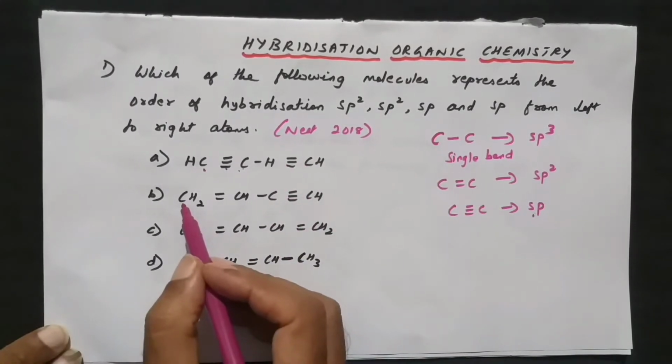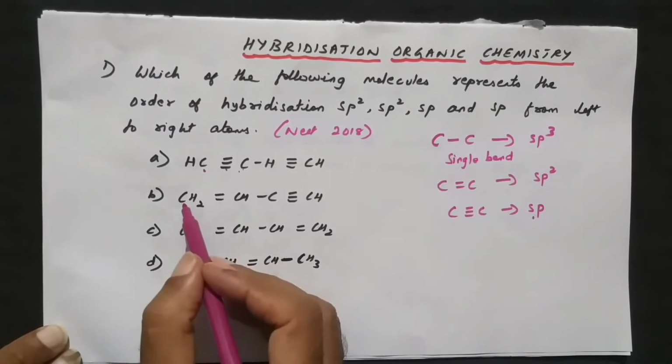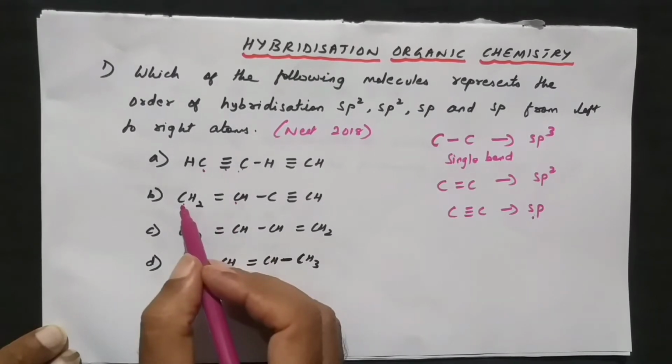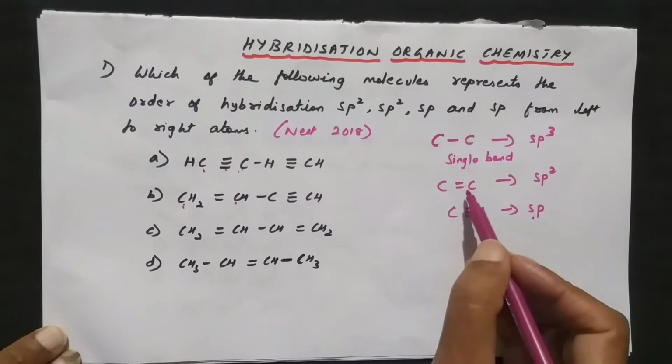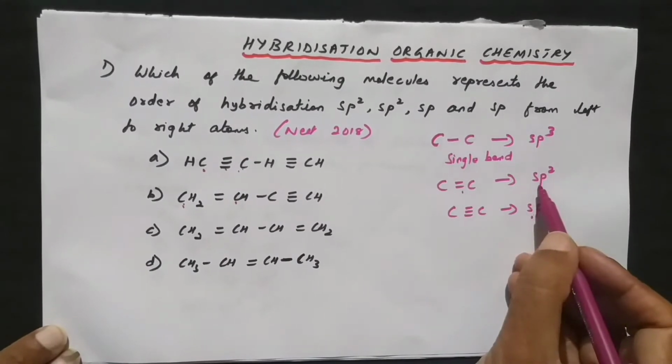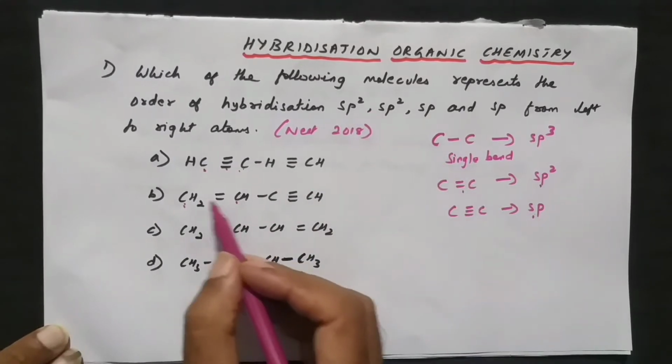Second, you take this carbon. I told you, no need to worry about the hydrogen. The bond will be between the carbon and carbon. So when I take this as carbon 1 and carbon 2, between them I got a double bond. So a carbon-carbon double bond will be sp square. It somewhat matches with the answer now. Maybe sp square starts.